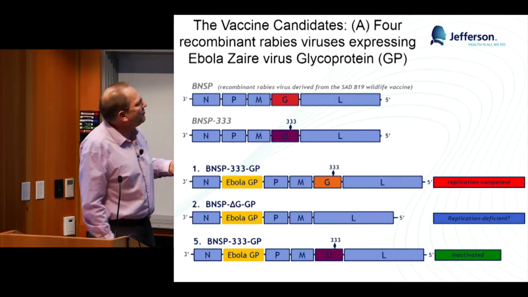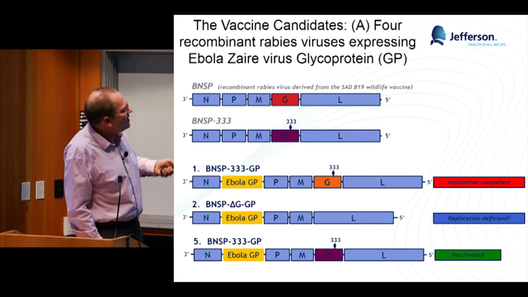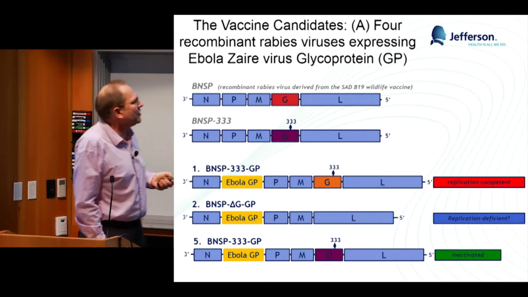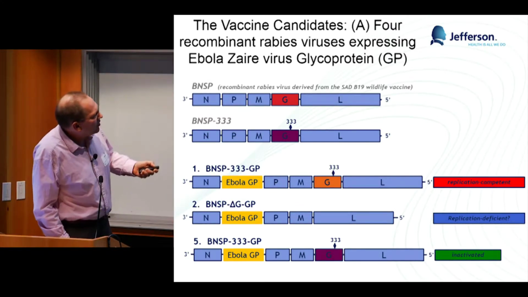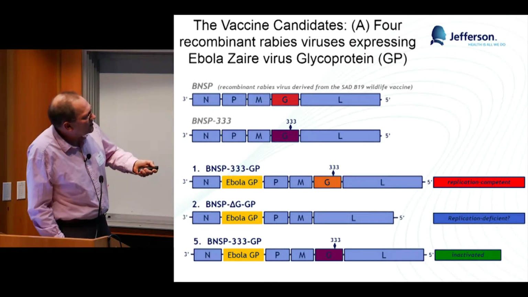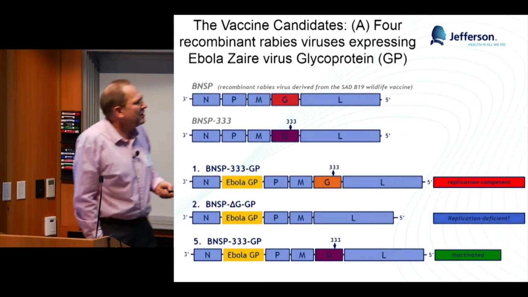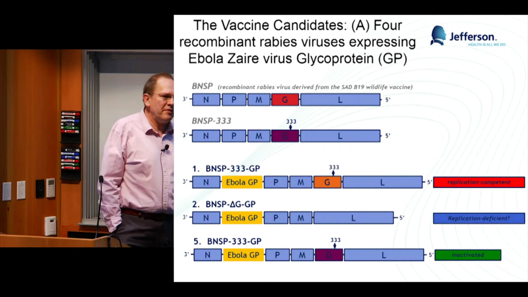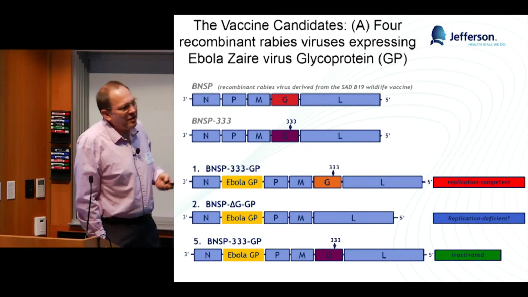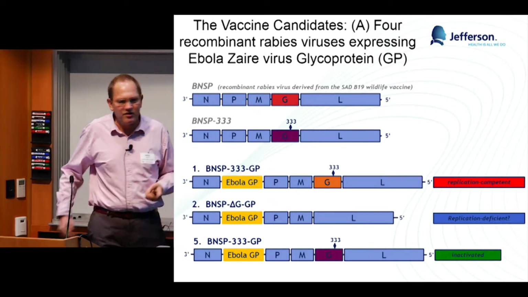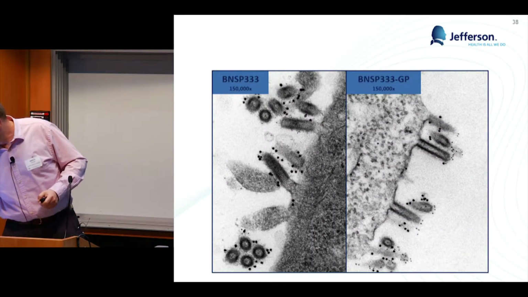We also made one without G, similar to VSV. Ours didn't spread for whatever reason. I do not have a good explanation for that. And then this approach would be taking these virions, inactivated by BPL, which is a normal method to deactivate the current rabies vaccine, and use the killed particle as a vaccine similar to rabies virus.